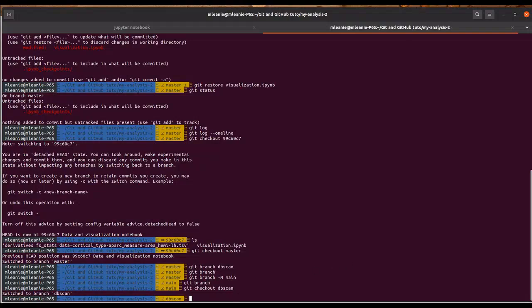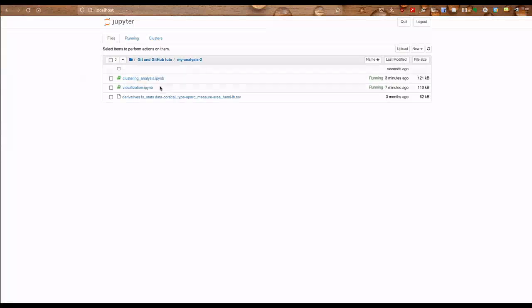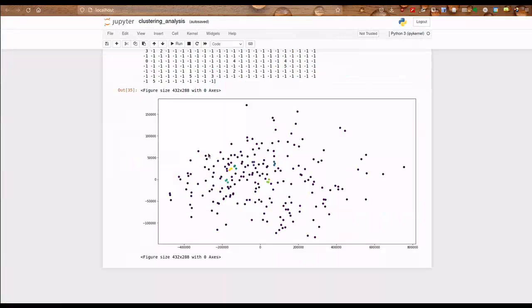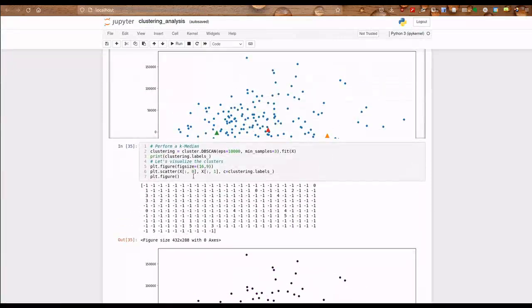So, of course, we again have our clustering analysis. And here, if I want to add a new dbscan, for instance, so here it's not K-means but dbscan,